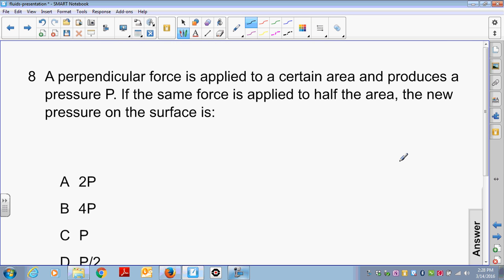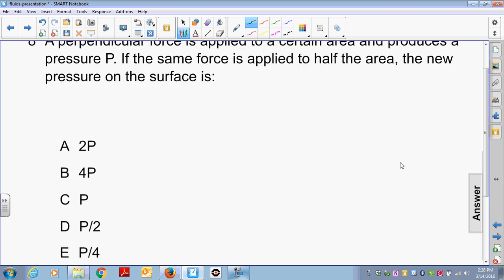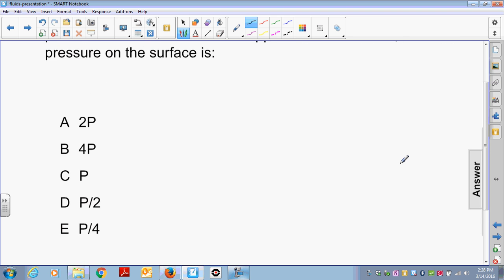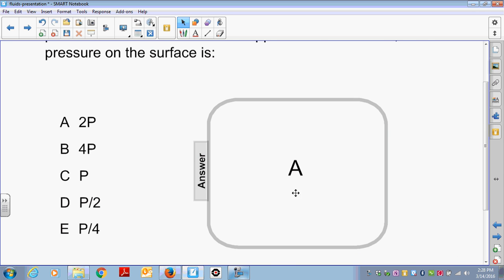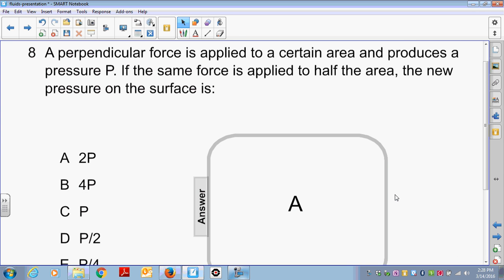A perpendicular force is applied to a certain area and produces a pressure P. If the same force is applied to half the area, the new pressure on the surface is... Go ahead and pause the video and select an answer. Okay, so let's see if you chose the correct answer. The correct answer is A. If you double the force, it would double the pressure, but if you halve the area, you end up doubling